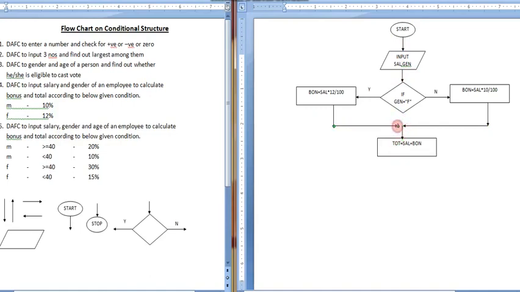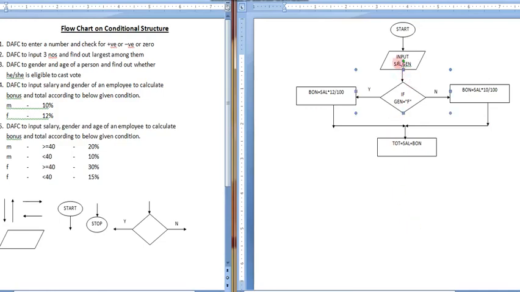Okay, now the thing is done. So it means what is happening now. If the person is female, it is giving a separate bonus. If the person is male, it is giving a separate bonus, as the question is demanding. Fine. Thereafter we have to display, we have to show the result.